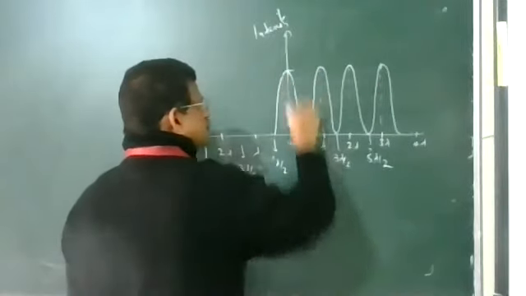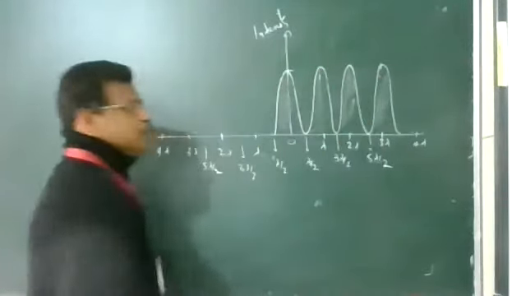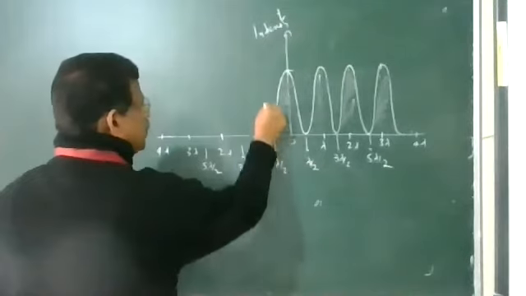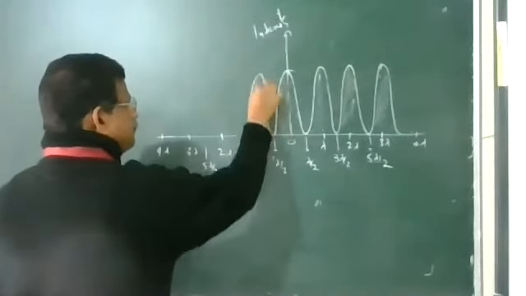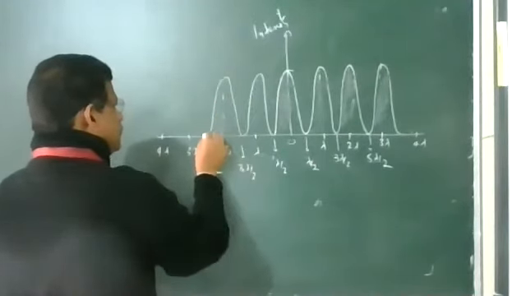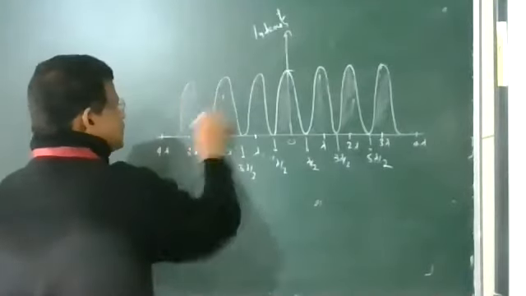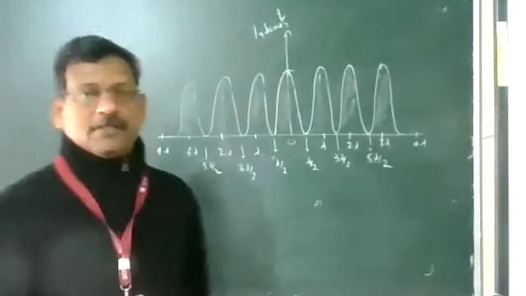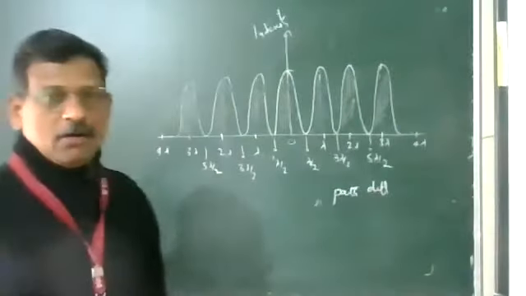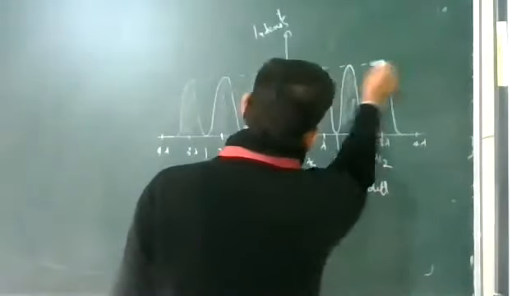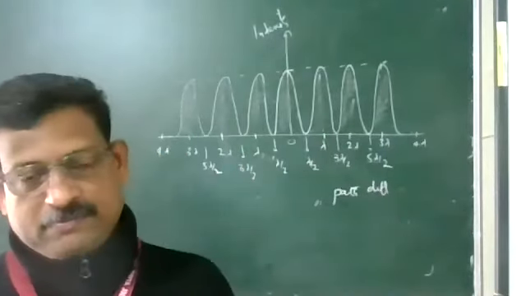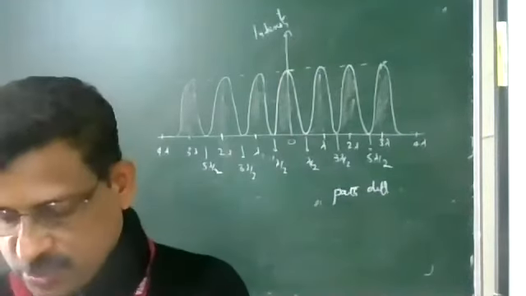So these are the maximum intensity shadings. This is on one side, and the same thing repeats on the left side. Here it is minimum and it goes again to maximum, again minimum and going to maximum. This is the pattern of interference, the variation of intensity with path difference. All bright bands are of the same intensity, all dark bands are of the same intensity, and all are of the same width. So this is your interference in Young's double slit experiment.